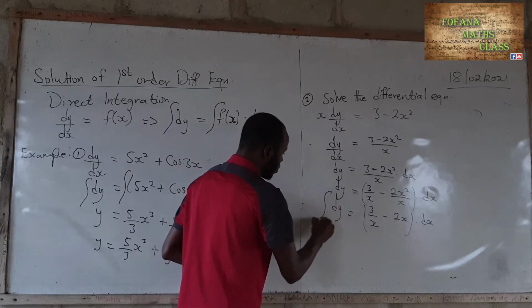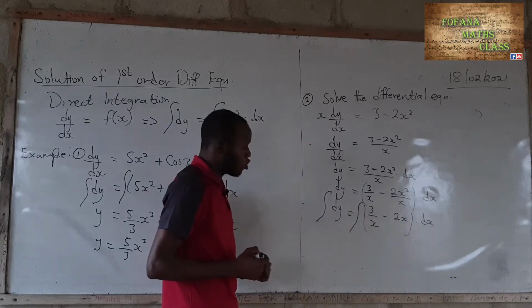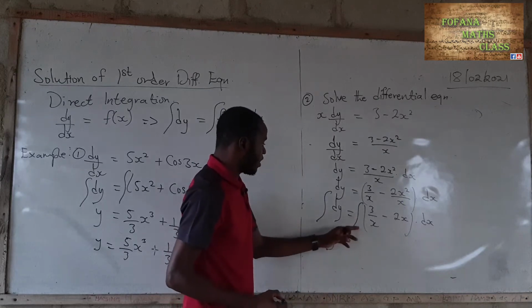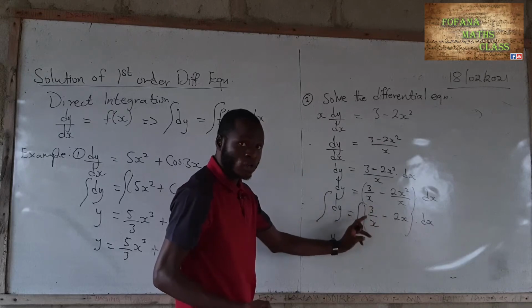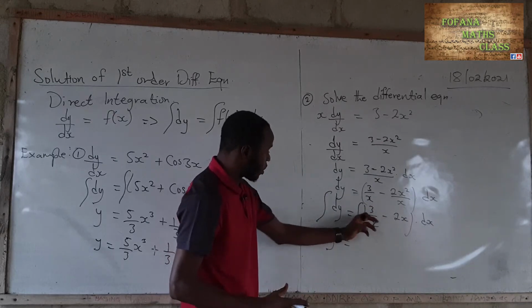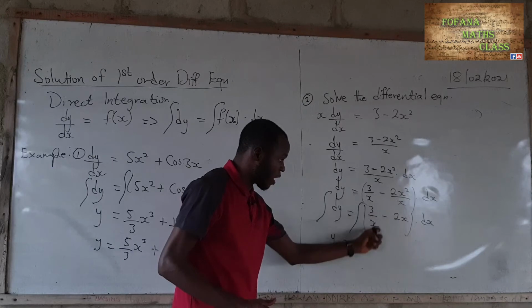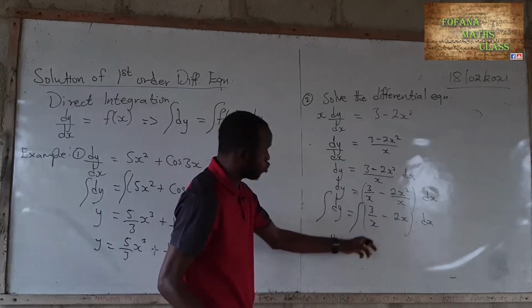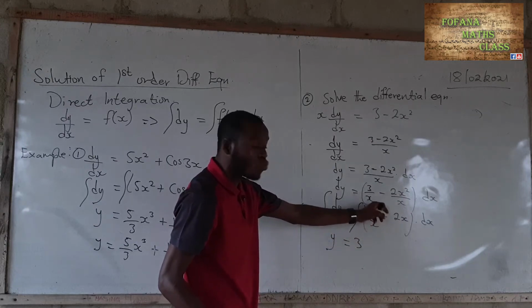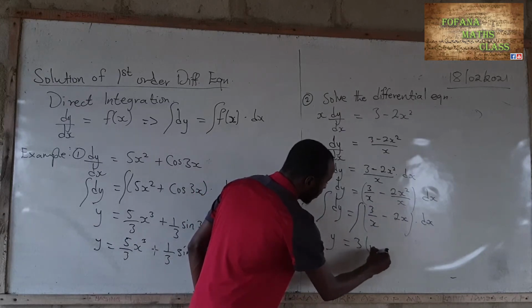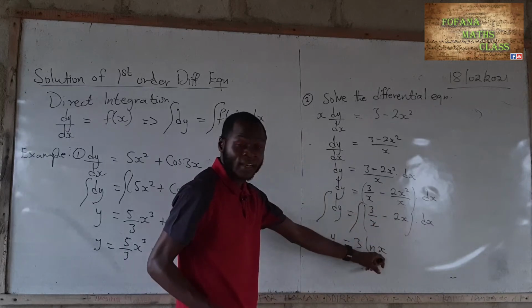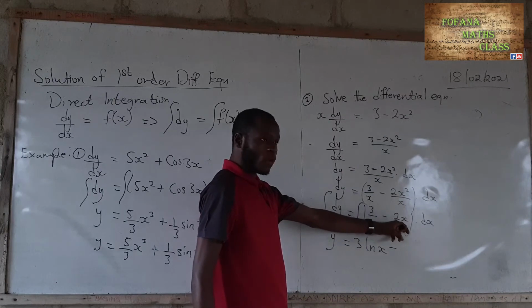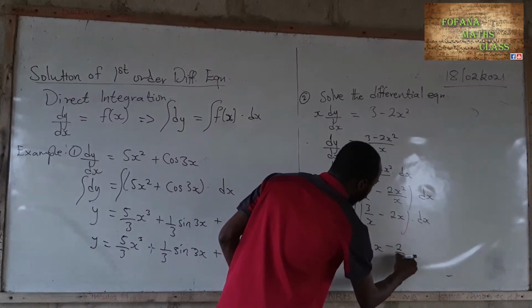I'll integrate here and I'll integrate here too. When I integrate dy, I'll have y equal to, when I integrate 3, this 3 is a constant, so we don't integrate that constant. We can choose to factorize this 3 out and be left with 1 over x. When you integrate 1 over x, you have the natural logarithm of x, which is ln x, minus, when we integrate 2x, you'll have 2 over 2 x to